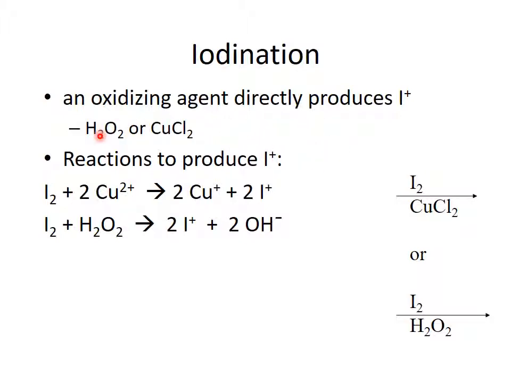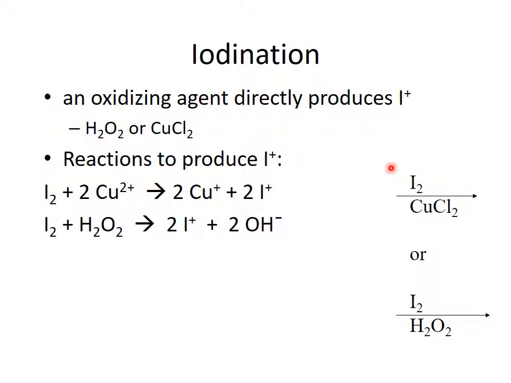Okay, with iodination, you have a slightly different mechanism. Instead of making a complex that puts a large positive charge on one end of an iodine molecule, you actually make an iodine cation with an oxidizing agent. So either hydrogen peroxide or copper 2 chloride are used to react with the iodine to make an iodine cation. The reason an iodine cation can actually directly be formed is that iodine is much larger, and so that cation is not as unstable with such a large atom where that positive charge can be spread out